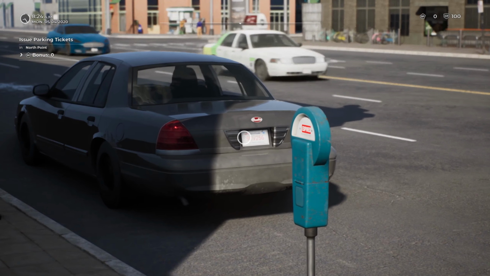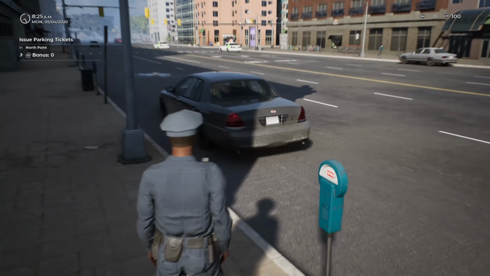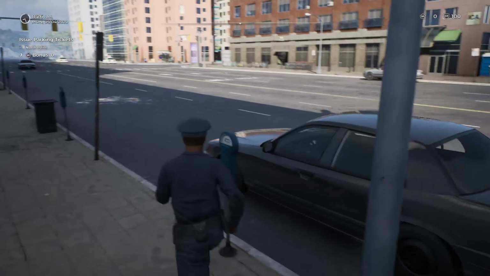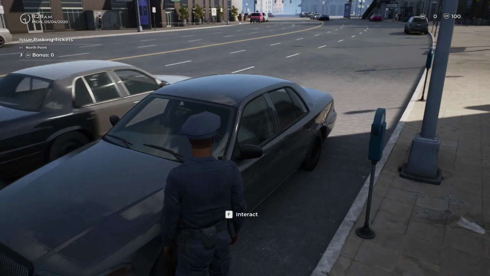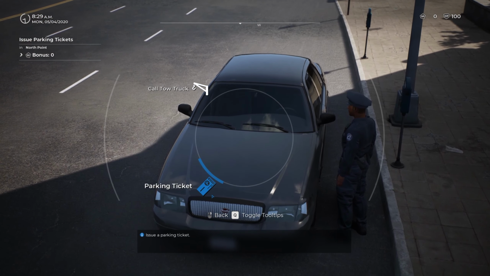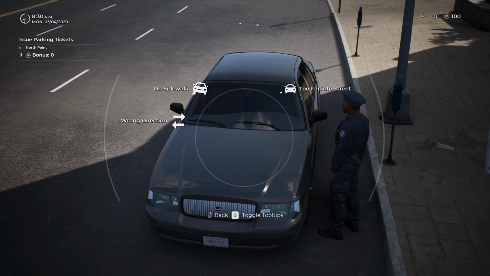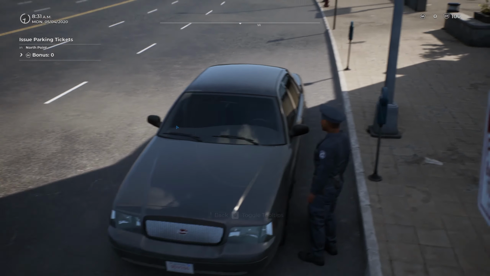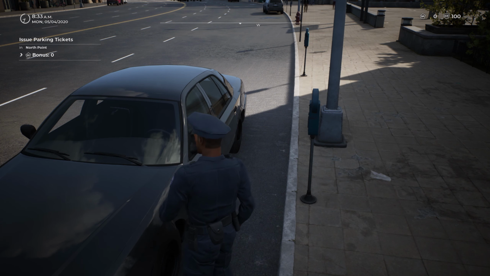So I believe blue tag is... Okay, so that's 21, so that's current, so that's good. But we do got a valid meter, but the vehicle is actually facing the wrong way. So we're going to go ahead and issue a parking ticket and position alignment, and it is wrong direction. So there we go. We're going to fill out a parking citation and actually going to put it right underneath